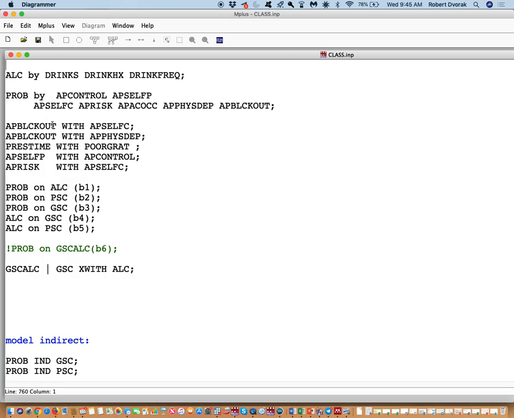What's the difference between using a line and an equal sign? You can't use equal signs in the MODEL command. You can only use lines, BYs, WITHs, or ONs. Okay. Also, if you're going to use a line for anything in Mplus,